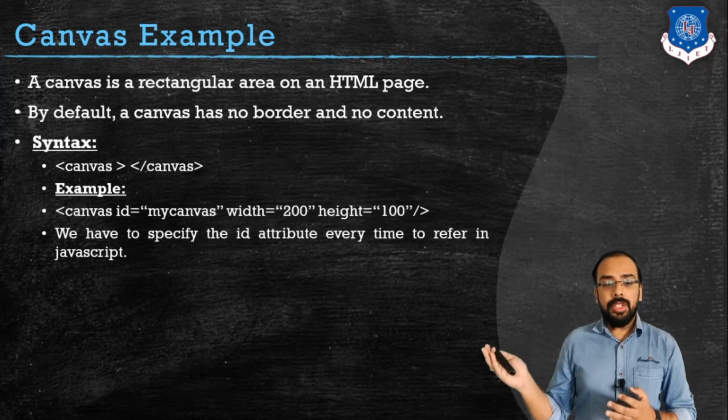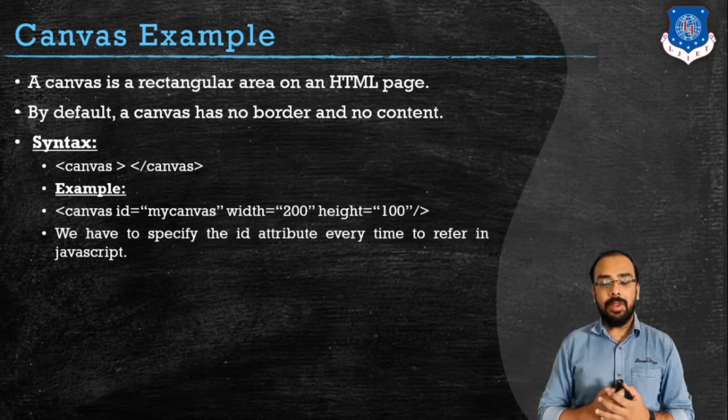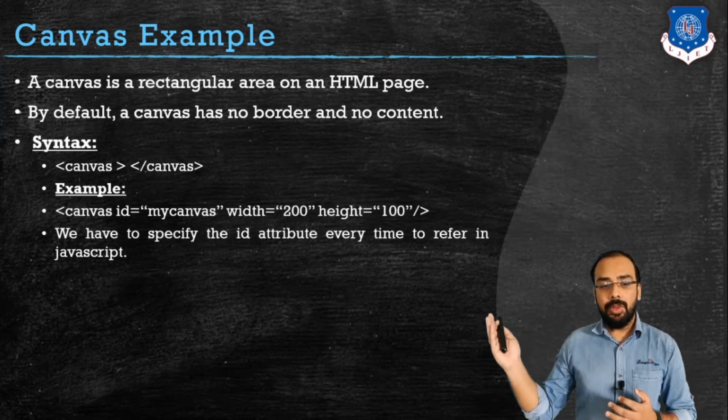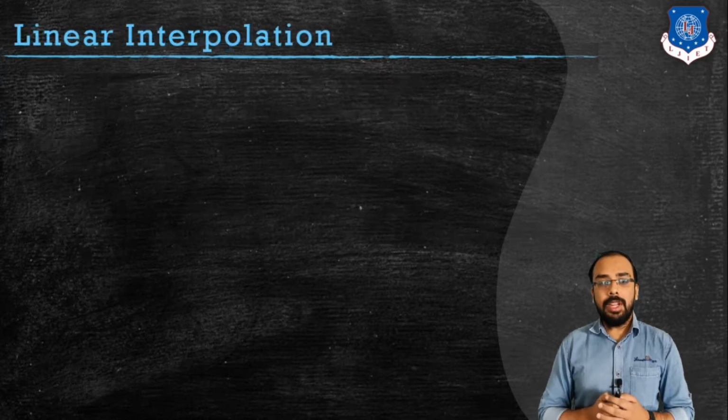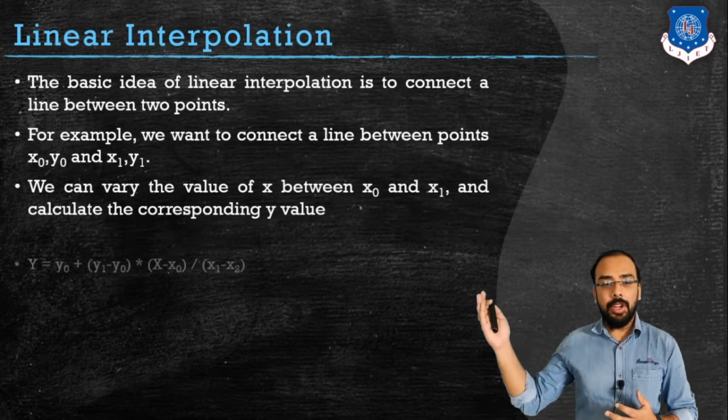The example you can see over here is I have taken a canvas tag. Inside this I have given an ID, I have specified the width of my canvas and I have specified the height of my canvas. Now this ID you can see over here is mandatory whenever we are working with JavaScript. So this entire canvas tag needs to be added inside our HTML code. In the example we will see how we can work with canvas, how we can apply different graphics, how we can apply animations. The next topic that we are going to cover first is linear interpolation.